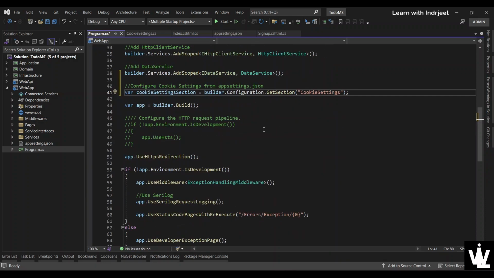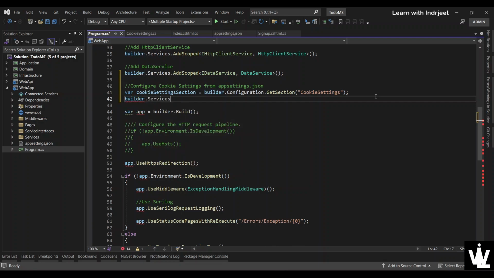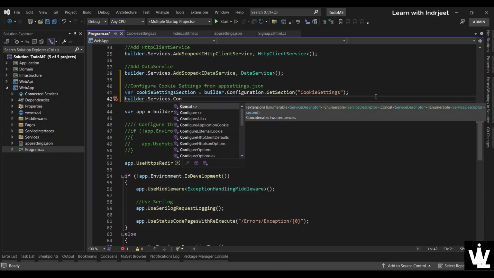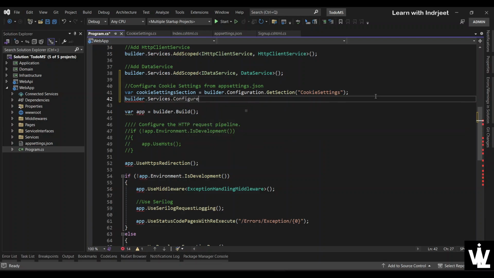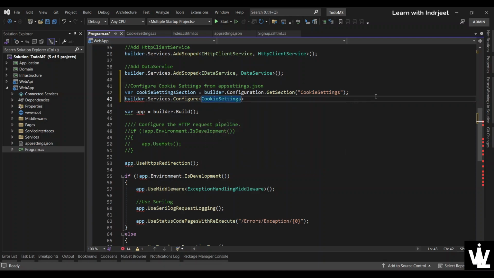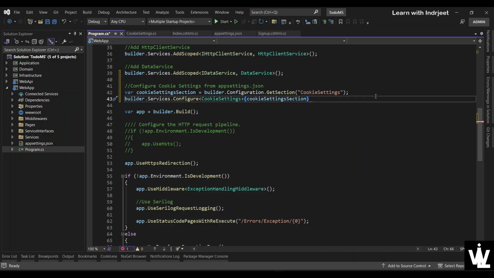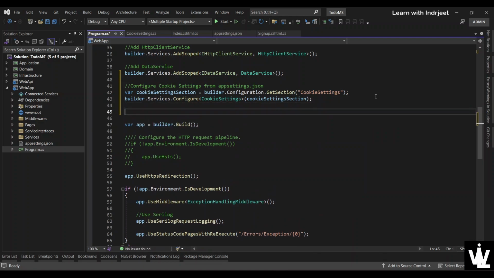So here we have the cookie settings section and we want to map it to the cookie settings class. So we'll say, hey builder.services.Configure something to, let's paste it here, from the cookie settings section that we have up above, right? Now let's add anti-forgery cookie,